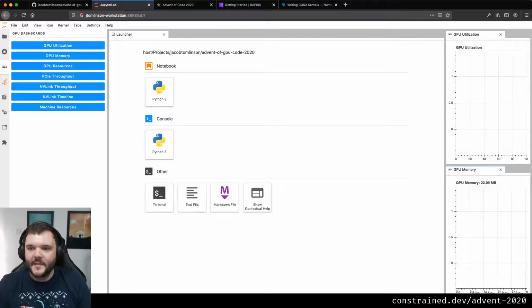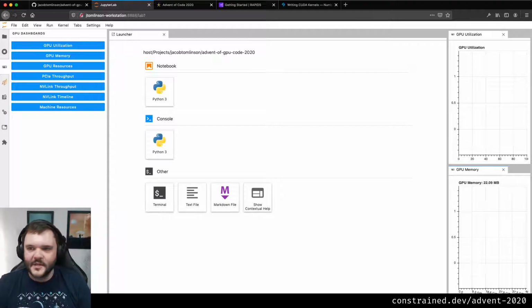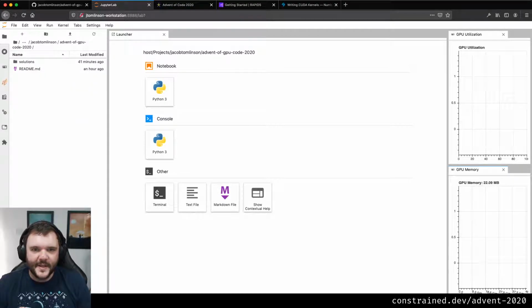So this is kind of showing me 0 to 100% of how busy my GPUs are, and then this is 0 to 48 gig or whatever my GPUs have got. These are reasonably high-end GPUs that I have access to here. But I'm going to keep this open so I can see. I mainly just want to make sure I'm doing stuff on the GPU. So let's open that up.